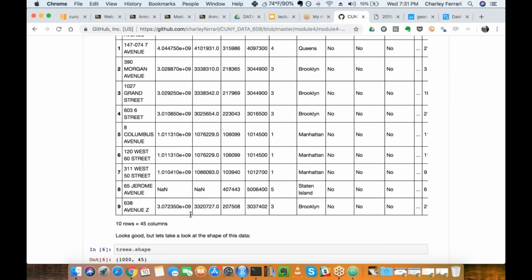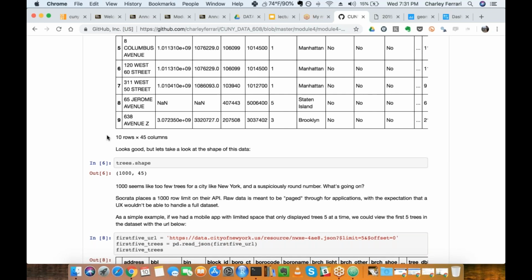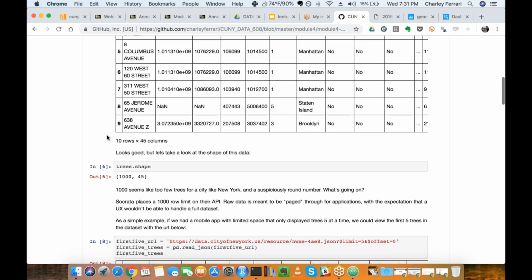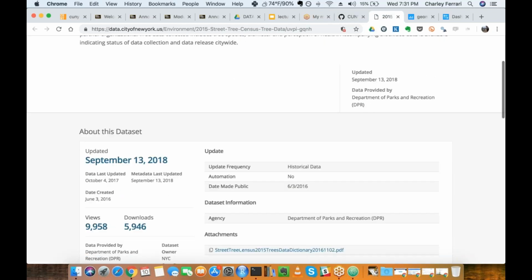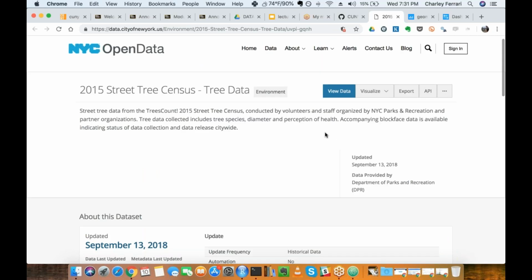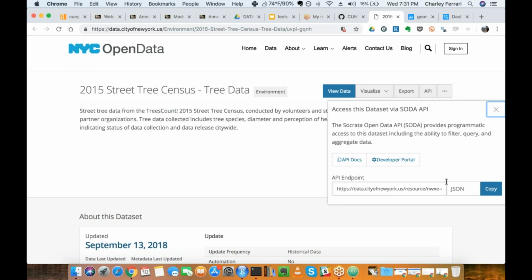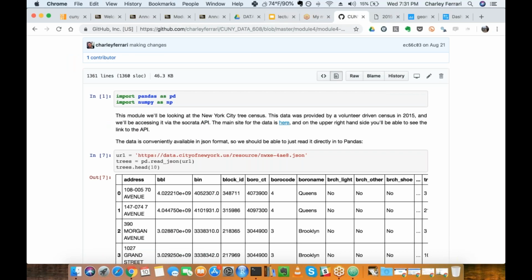And so this sample code goes through a few quirks of using the Socrata API. Each of these portals comes with a link, so you're able to copy the JSON right here.